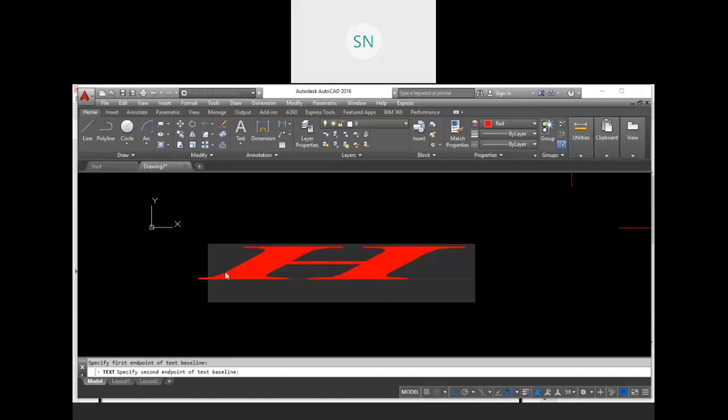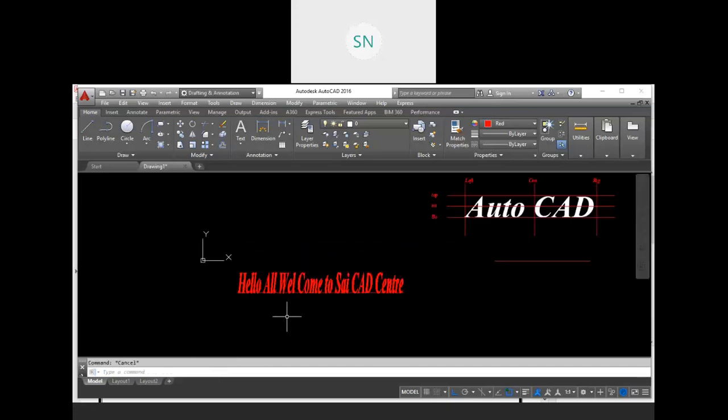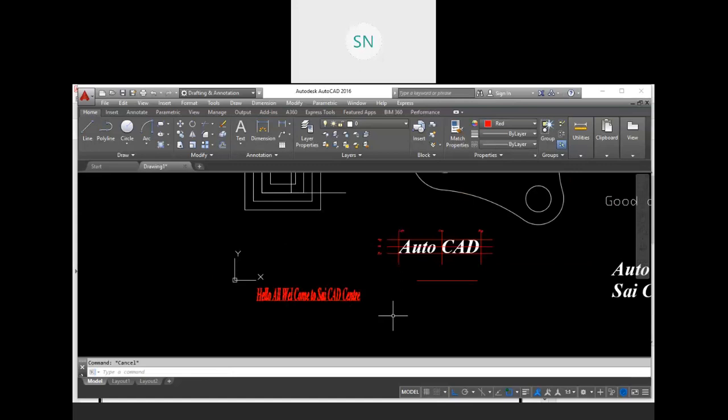So here I am going to type, see, so our text is going to stretch and compress. Like this. So these are the two options that are available only in simple text.